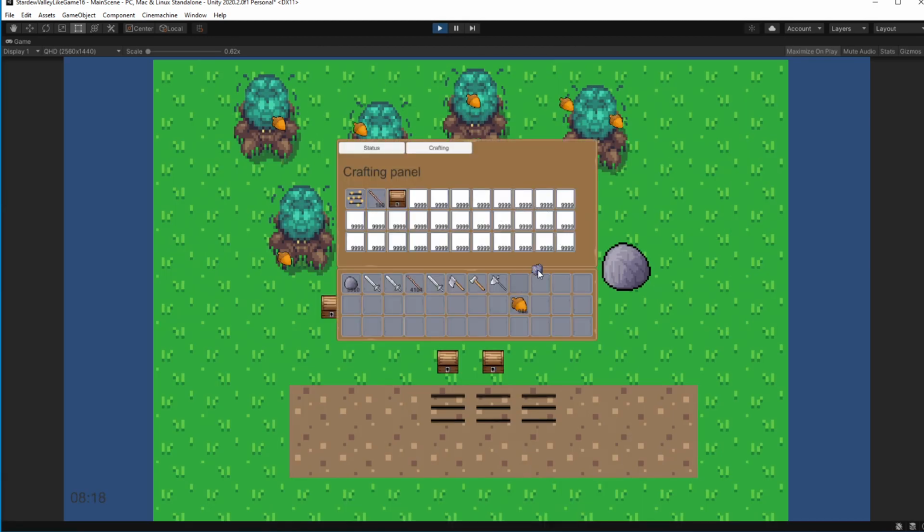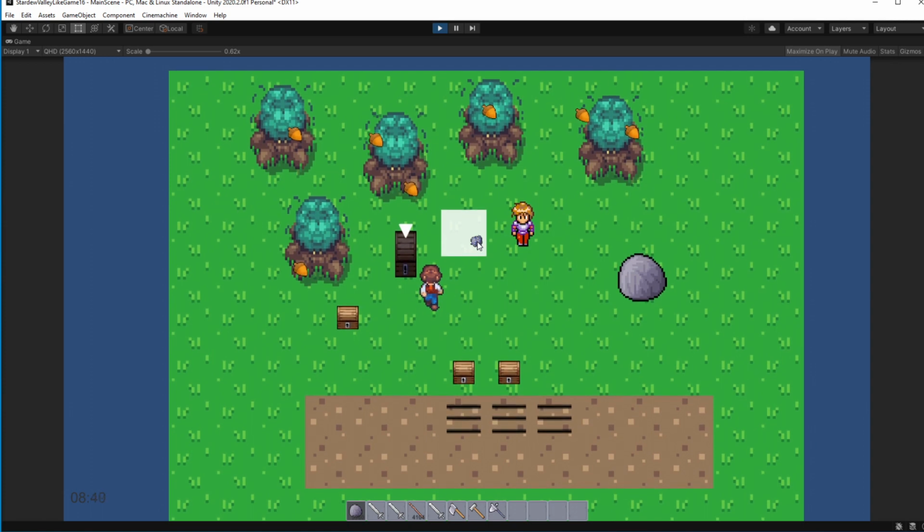That is all. Let's test this. So, right after we are done processing an item, we should be able to take the item back into our inventory in its processed form. Good.